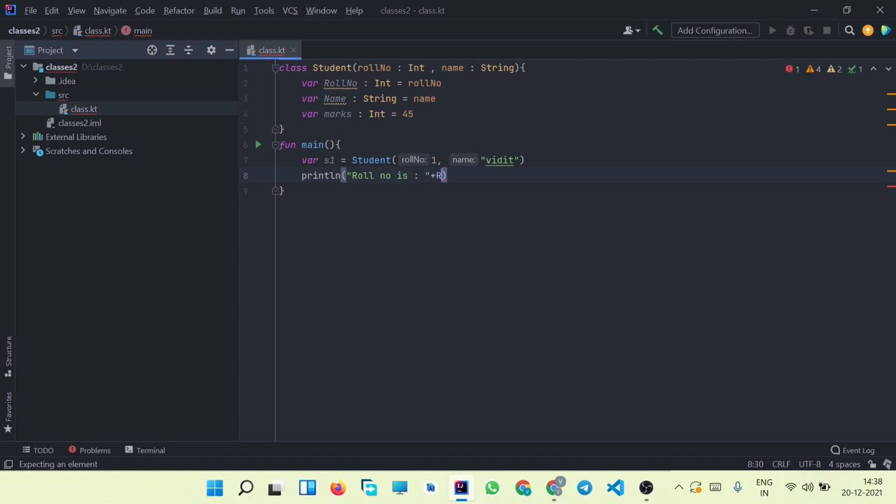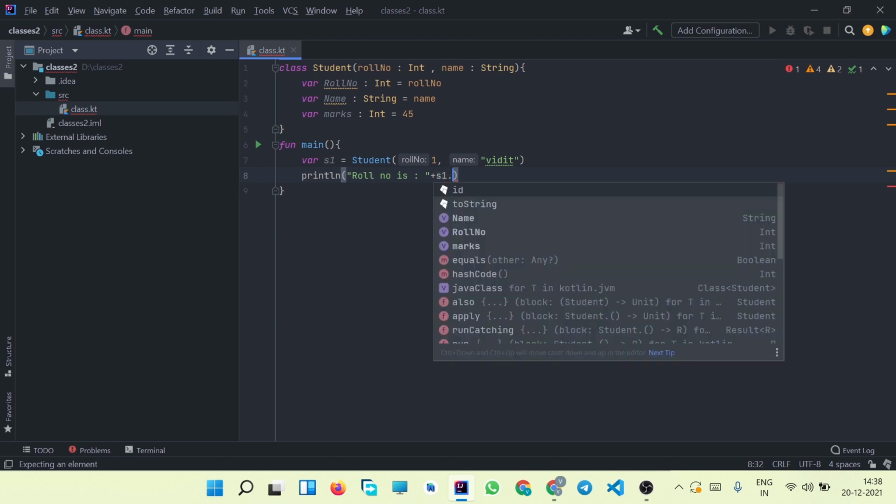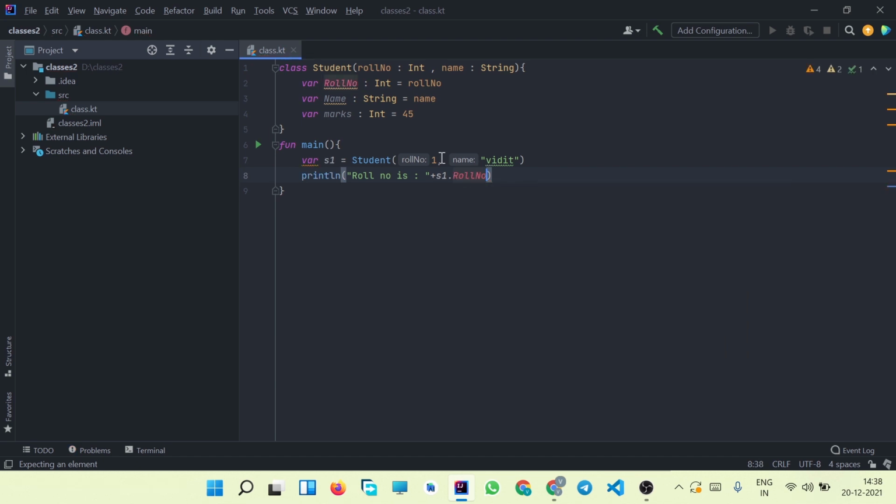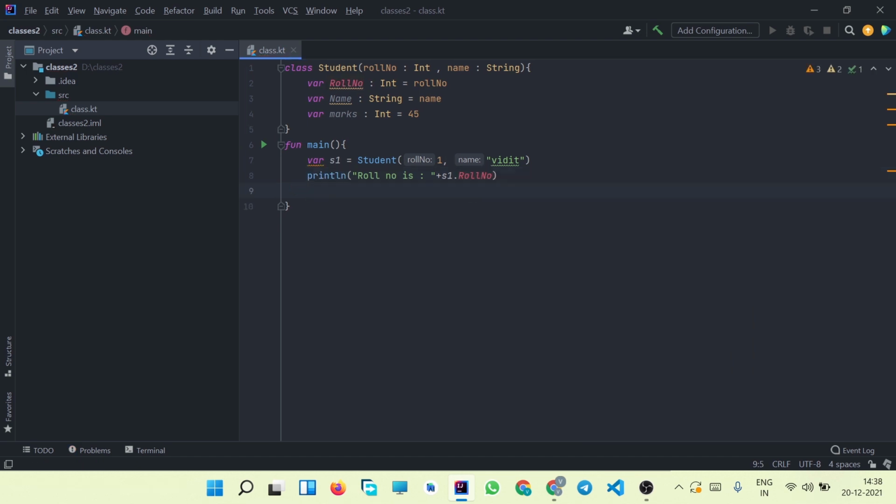So we'll simply write s1 dot. To access the attribute of the particular instance, we use a dot operator. So we'll write s1 dot roll number, and it will be printed. The value inside the roll number for that object s1 will be printed.